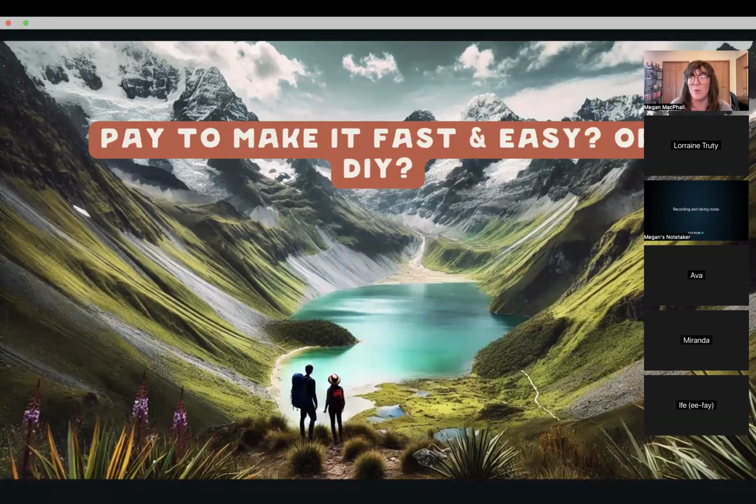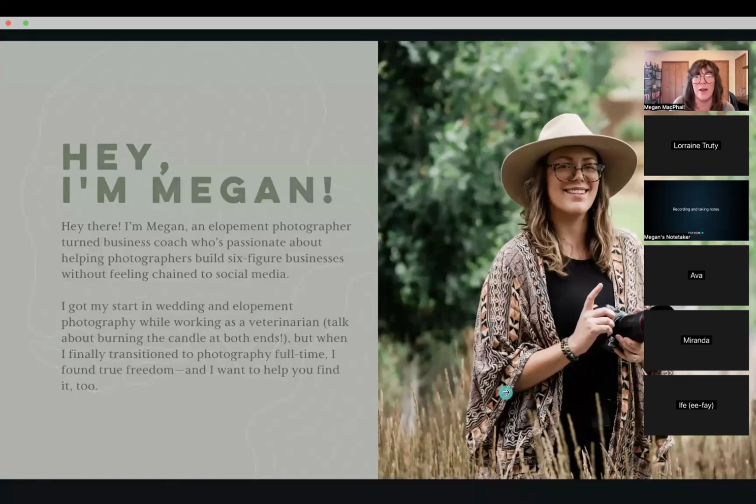I've certainly DIY'd things in the past. I used to travel very much on the cheap in hostels and do everything to try to save money. But I'm just at a point in my life where the guided tour is just, I just want to pay somebody to take me up there. So just something to think about.